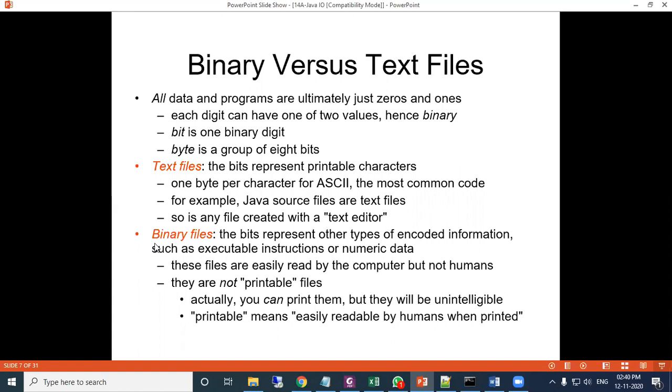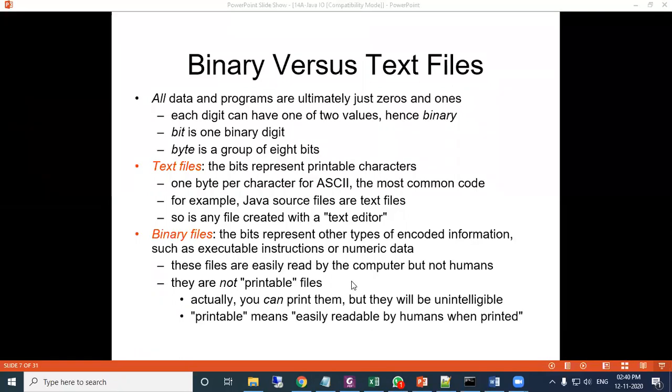Similarly, binary files are normally the executable programs, which are stored in an encoded format. They are read or written by the system, and the computer hardware only recognizes that information.